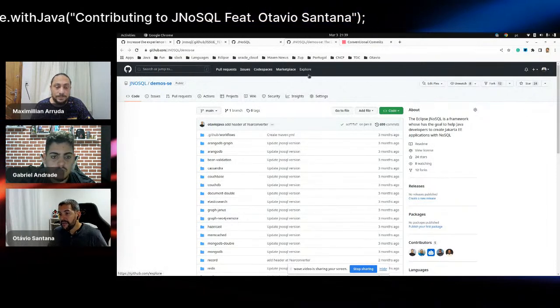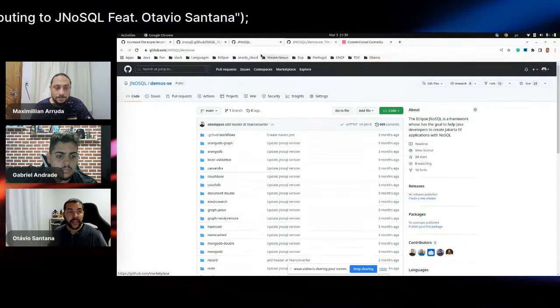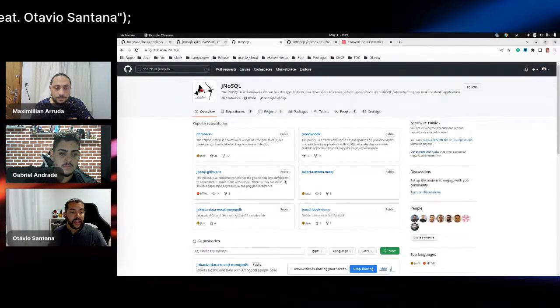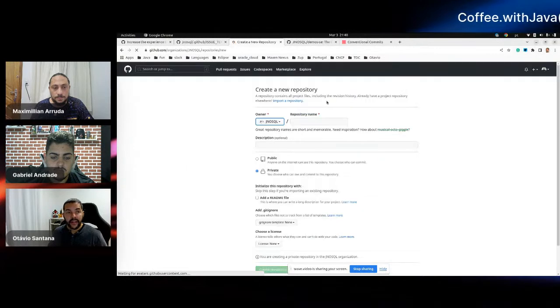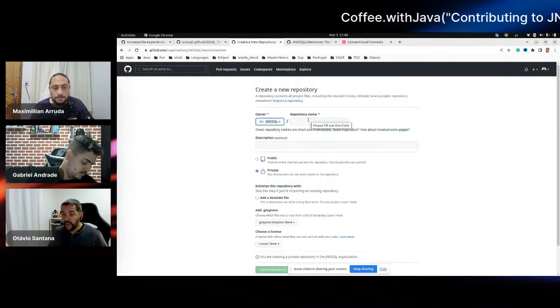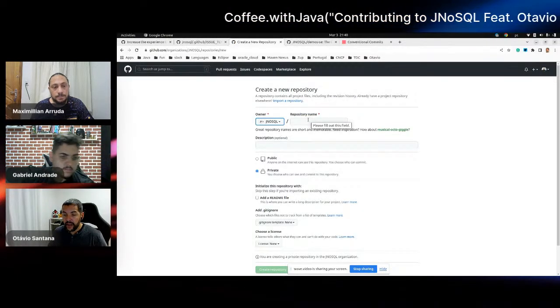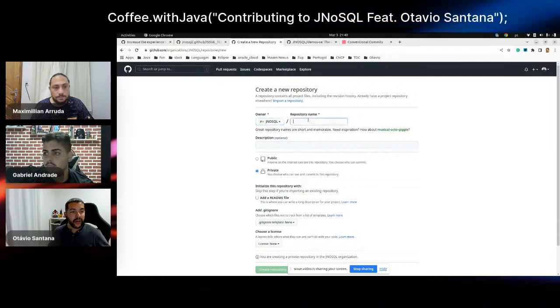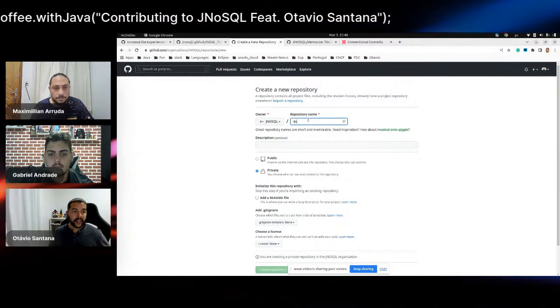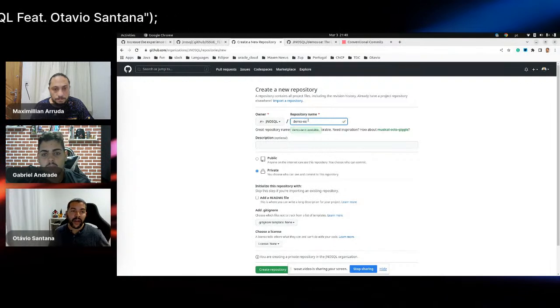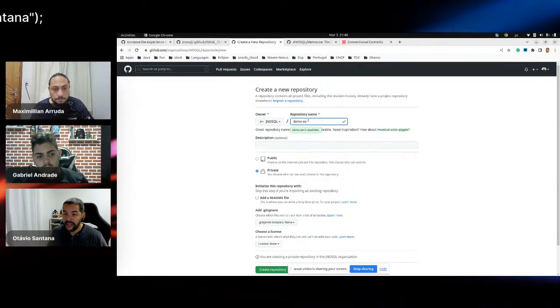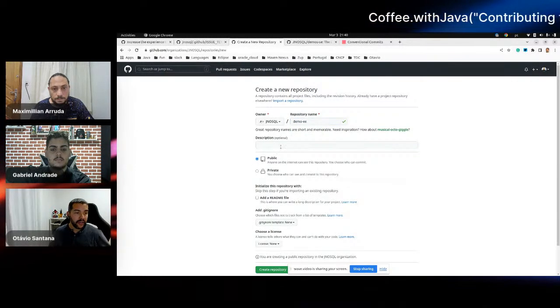But as you know, we need more samples exploring the capabilities of Jakarta NoSQL with MicroProfile in Jakarta EE. So I will name that demo EE, for enterprise edition samples. I will put a description here.